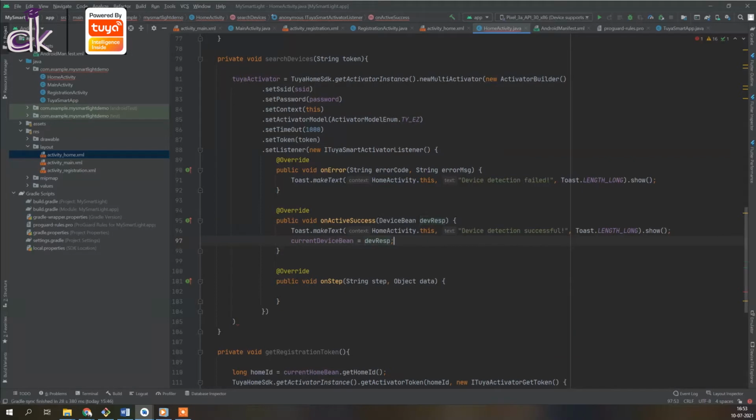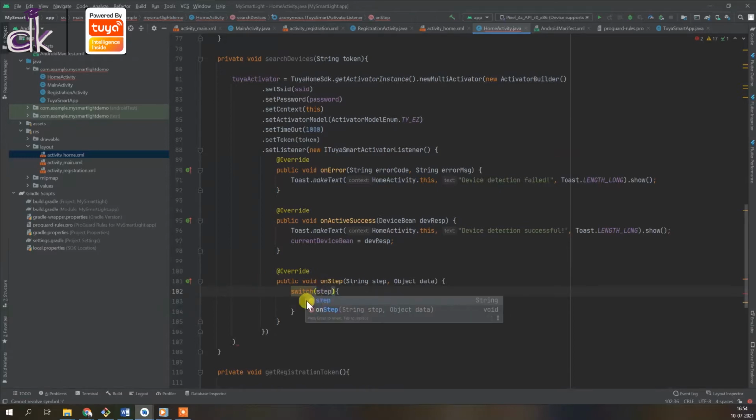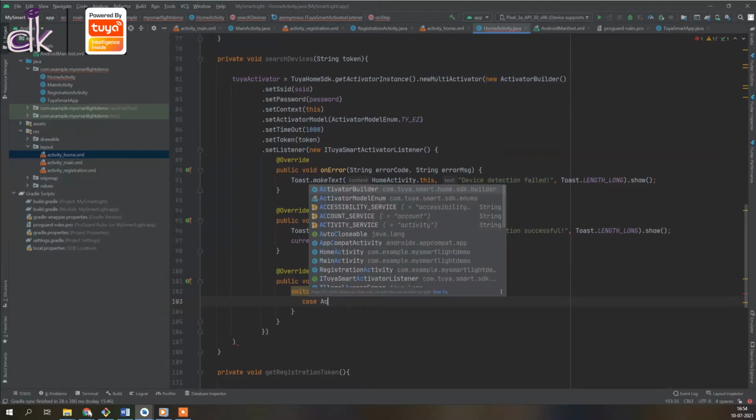Okay, so whatever the response is, this will have the list of devices that are connected, and you can then do something with that. All right, and here you can have a switch case, where whenever there's any detection, you can get some input, right? So obviously it helps to know that something is happening.